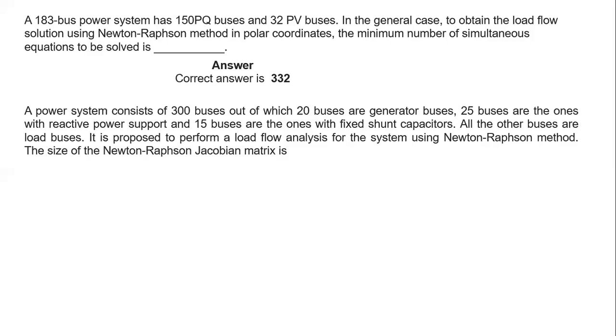Saksham, you are asking, but sir, how is it minimum? Which minimum? Oh, the question says minimum number of simultaneous equations to be solved. So that is the number of equations. That means this is the minimum number of equations you have to solve. That is the meaning of minimum number. Understood? Minimum number means how many equations. So 332 is the minimum number you have to solve. That is the minimum value.